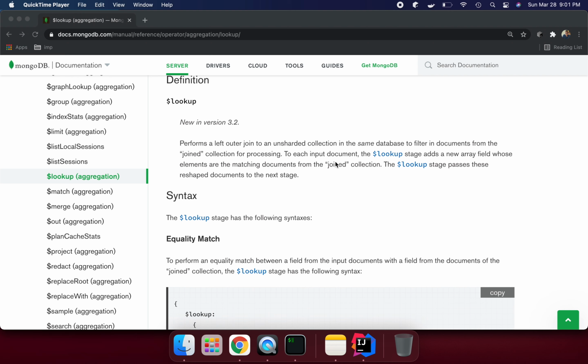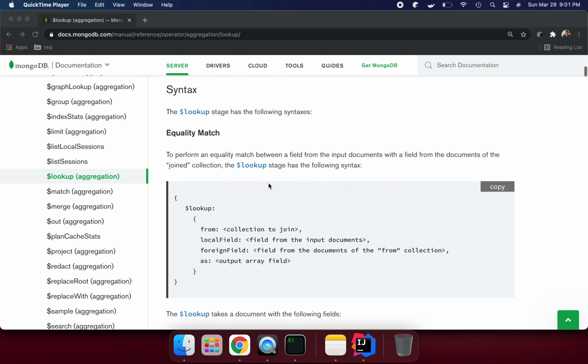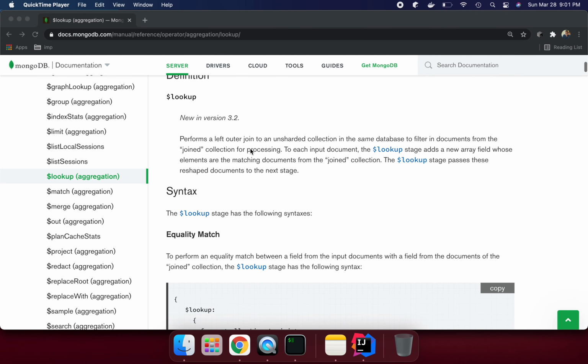To each input document, the lookup stage adds a new array field whose elements are the matching documents from the joined collection. The lookup stage passes these reshaped documents to the next stage. If you don't understand this line, the key thing is: perform a left outer join to unsharded collections. If you are using a sharded collection, it is not going to work, because in sharded collections we have different databases depending upon your data center.